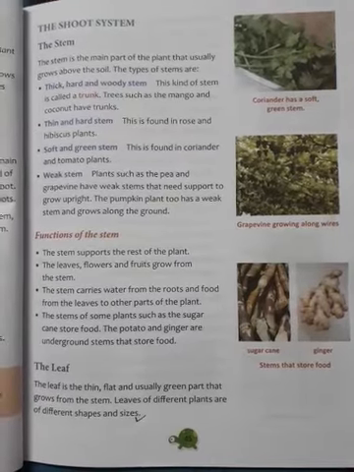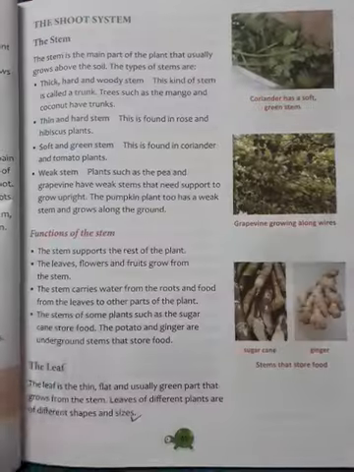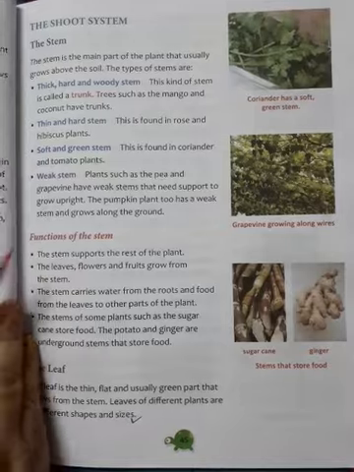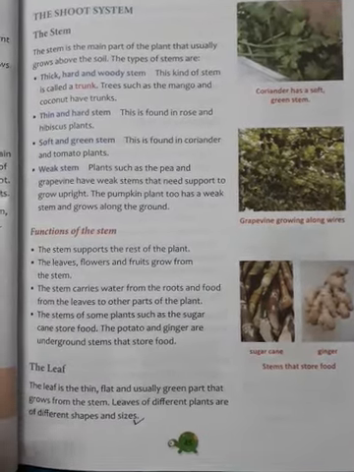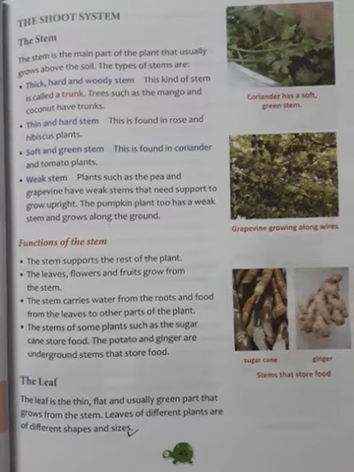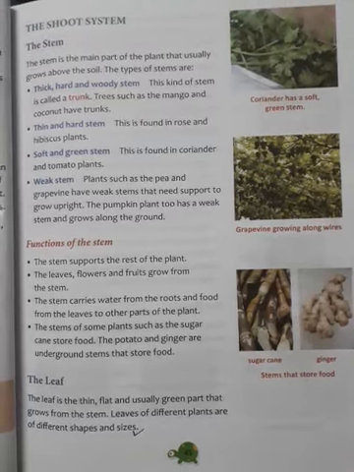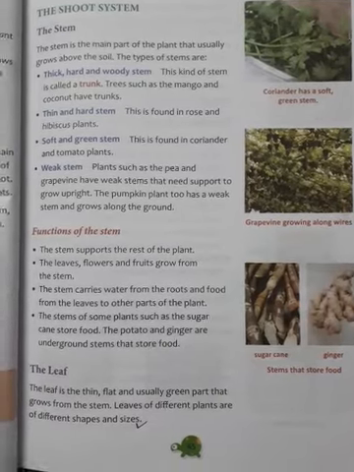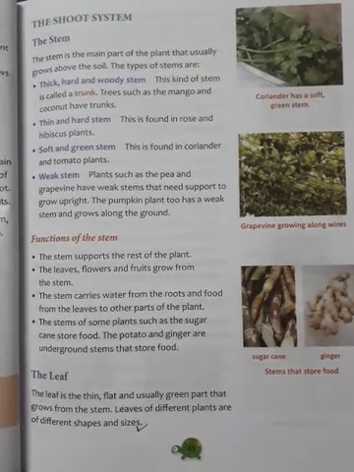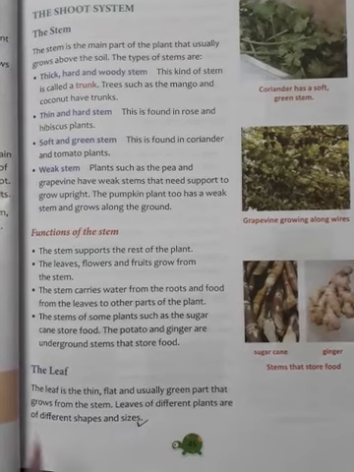So we are doing chapter number 5, the plants in the surrounding. And in the last two classes we have studied the parts of the plant, the root system and the shoot system, their functions, their properties, their classification, everything. Today we have already started the leaf, but I am going to start it once more.